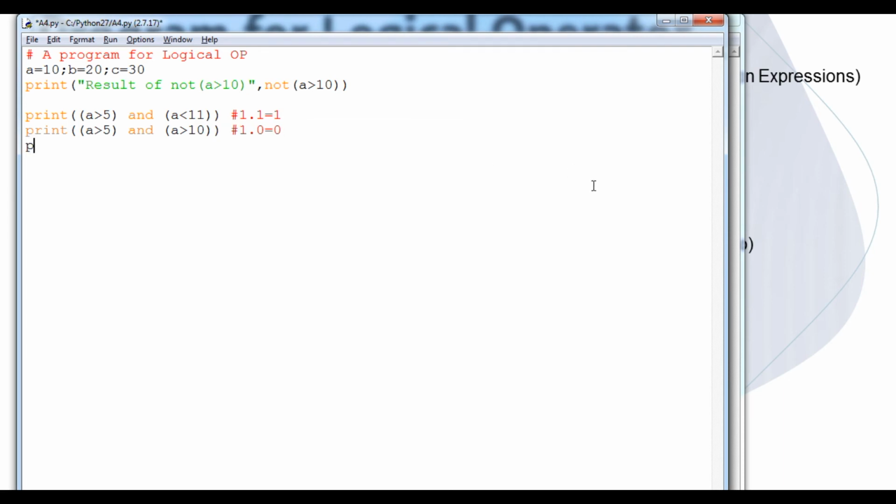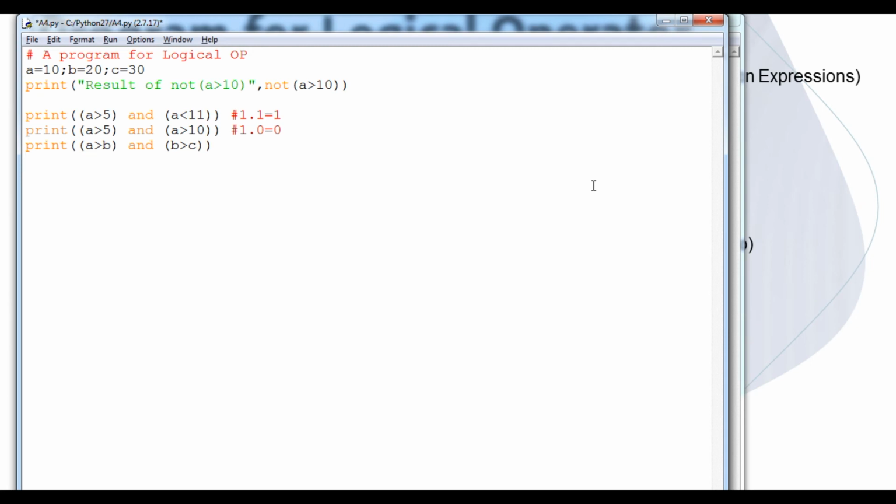The next one: print where the first expression will be false. For example, if I'm doing a greater than b and b also greater than c. According to this, what will happen, student?